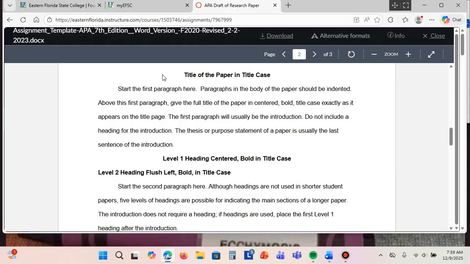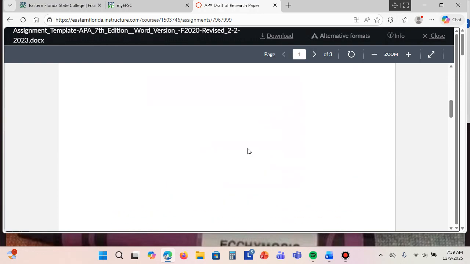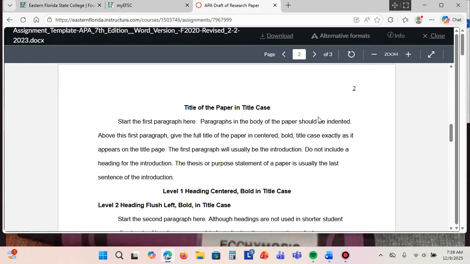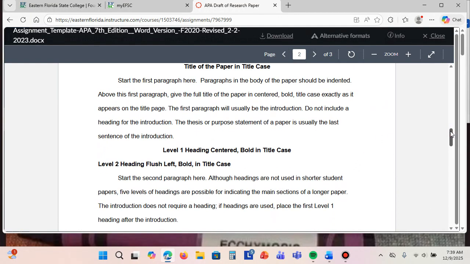If this was your part one, your title of your paper is repeated. So here on page one is your title. On your second page, you repeat the title again, and then you start right off. No space. And you keep coming down. Now, if you have subheadings, again, part one, you don't have to say introduction, but you can start putting some